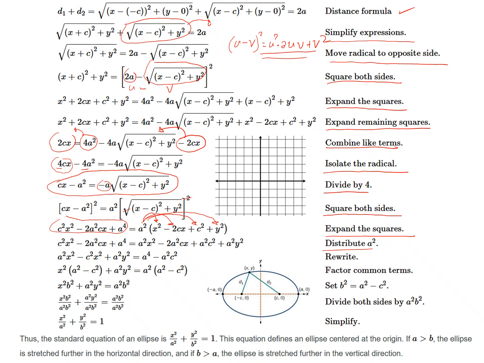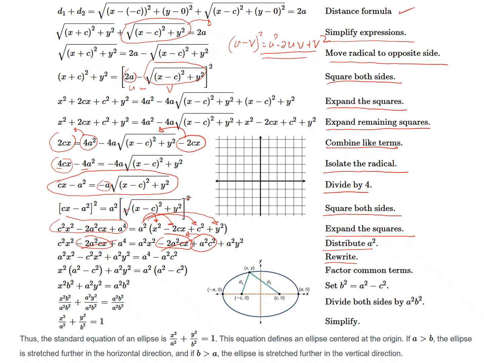Okay, so we just rewrite. Now rewriting. We have e squared cx. So do we have here a term minus 2a squared cx? We have minus 2e squared cx. They are both negative. So we can cancel this one, this part. So what is left here is e squared x squared minus c squared. We transpose this to the other side. Okay, transpose this to the left side, so we have this.